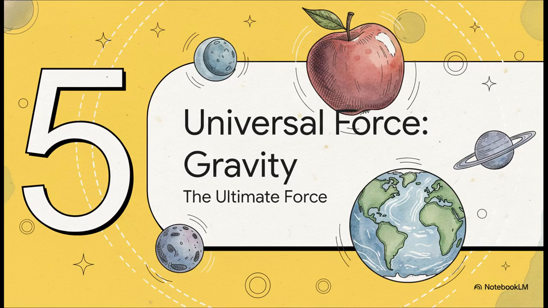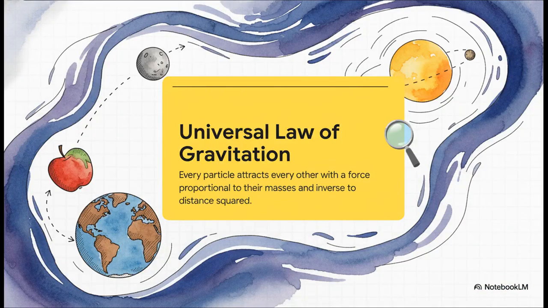So, to tie all of this together, let's circle back and look at the one force Newton is most famous for. The force that finally answers our very first question, gravity. This was Newton's truly revolutionary idea, the law of universal gravitation. It says that every single object with mass in the entire universe is pulling on every other object with mass. This was absolutely mind-blowing because it meant the same force that makes an apple fall to the ground is the exact same force that keeps the moon orbiting the Earth. It wasn't one set of rules for down here and another for up in the heavens. It was one single law for the entire cosmos.